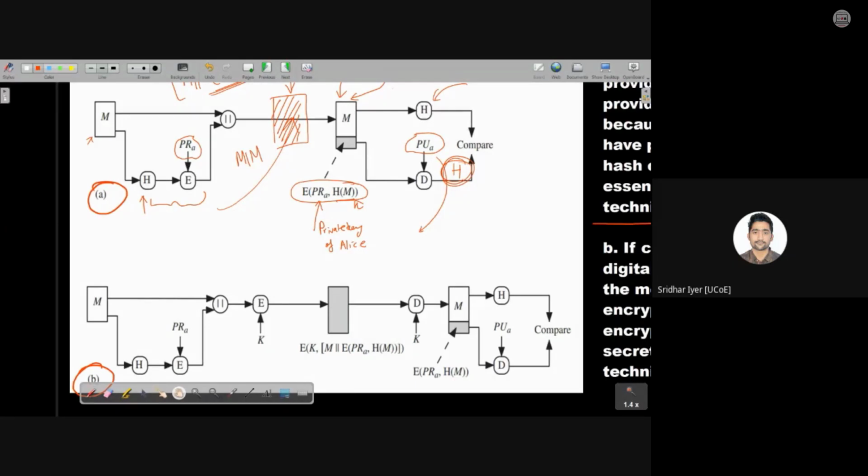So the appended message which we had got in the previous case, that goes through an encryption with the use of a symmetric key, K. Obviously, अभी ये मत पूछना symmetric key कैसे आया. We have already seen Diffie-Hellman key exchange. They can generate their own symmetric keys, their own shared keys at their own end. I hope this is clear now, right?